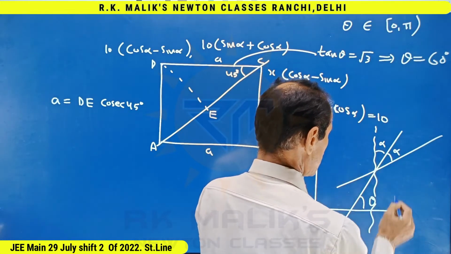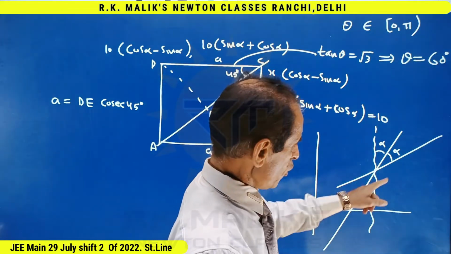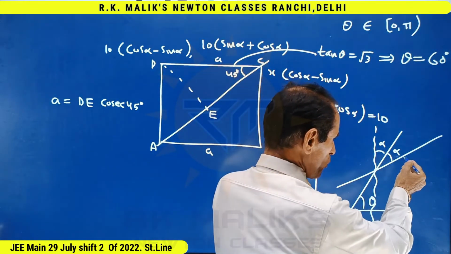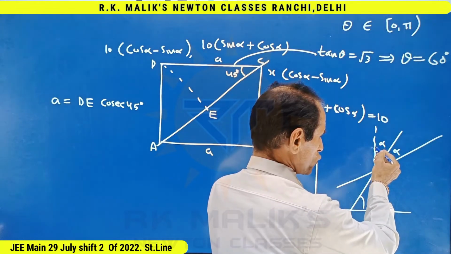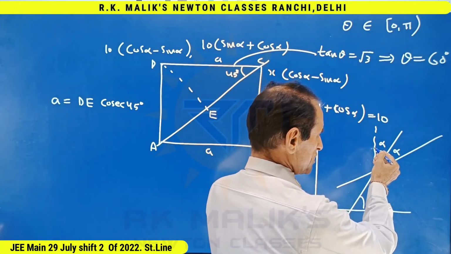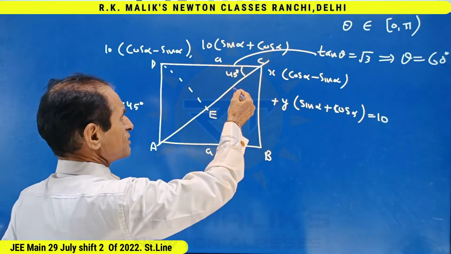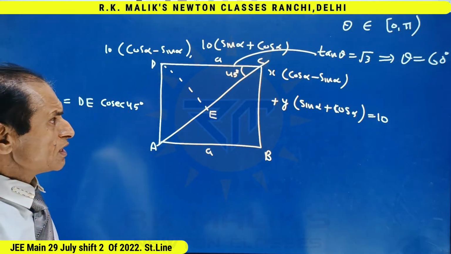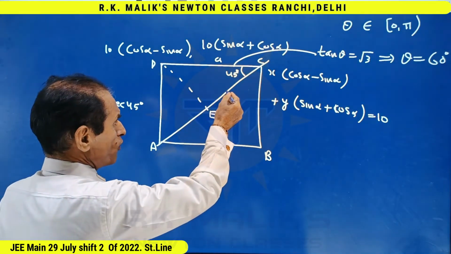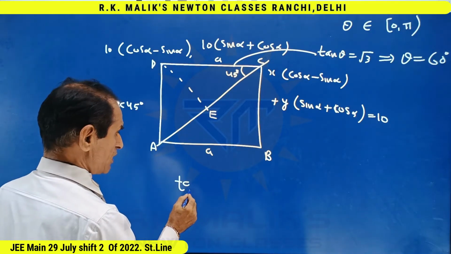Both are inclined at an angle of alpha with the line. Obviously the slope of this line will become tan theta minus alpha, the slope of this line will become tan theta plus alpha. And because the diagonal is making an angle of 45 degree with this side, therefore the slope of this diagonal will be tan